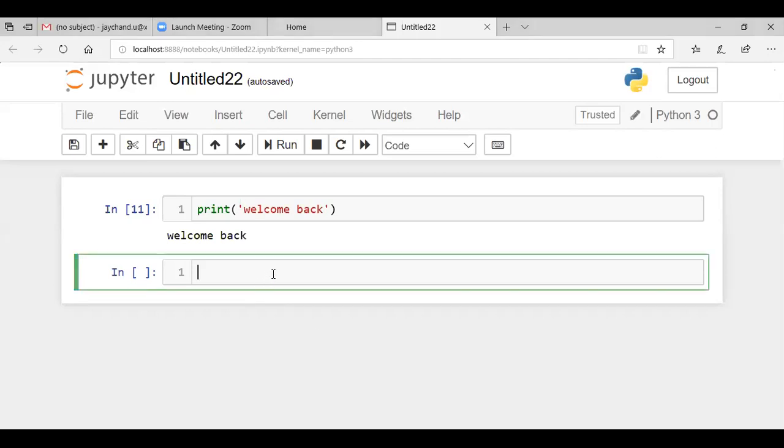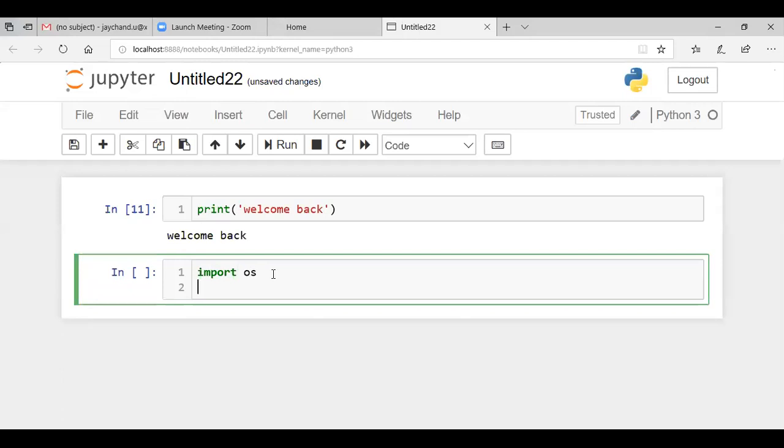For that, we must know the operating system and its hierarchy. So here we can import os, the operating system.